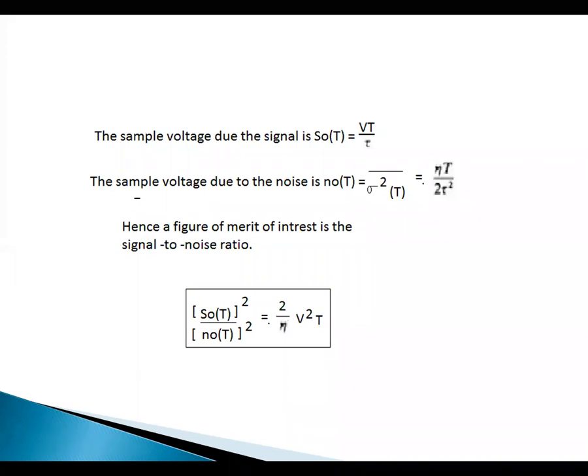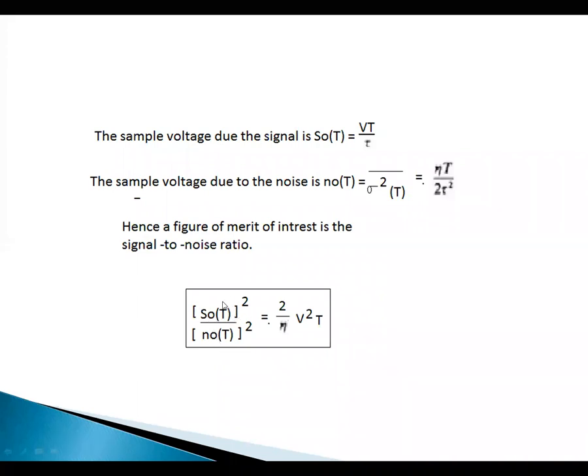So the same as in this concept, here the N naught is an added factor. There the N naught is 0; here the N naught is a considerable amount. So that's why, in this baseband signal receiver, we can calculate the parameter S naught of t whole square by N naught of t whole square. N naught of t whole square is the power spectral density of the noise, that is the variance.